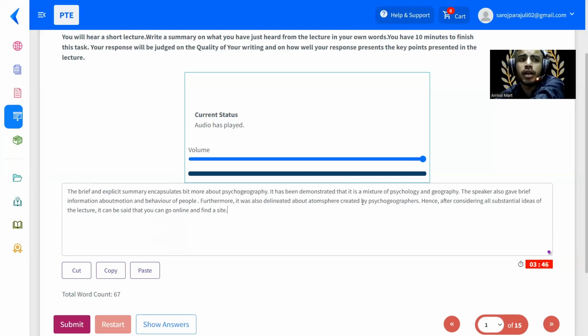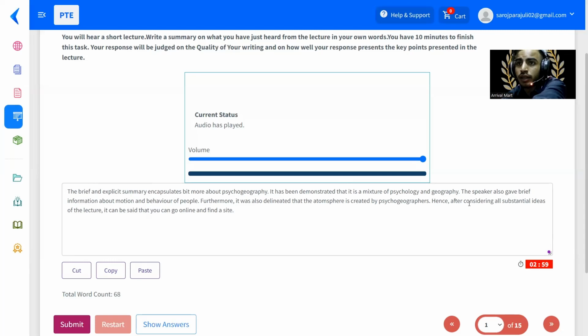The speaker also gave brief information about motion and behavior of people, and furthermore it was also delineated that the atmosphere is created by